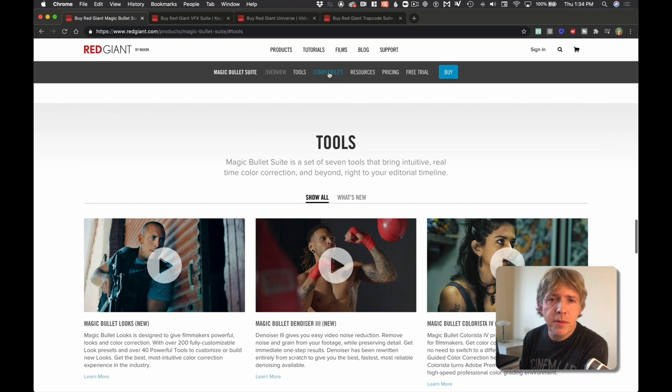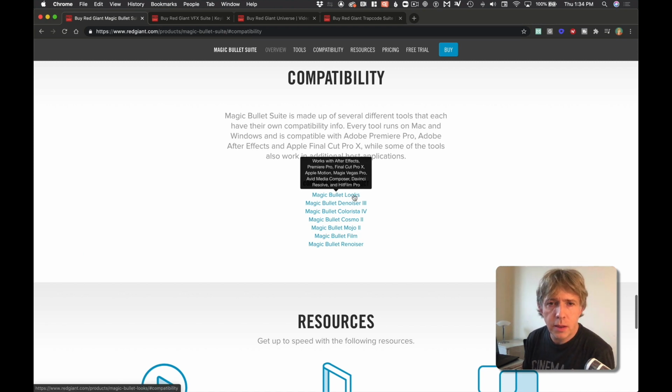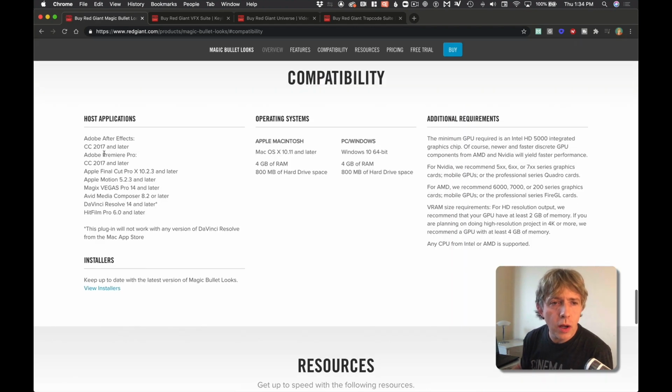If I just jump up to the compatibility, many of these tools work in multiple hosts, and on the website you can hover over each of the tool categories just to see which hosts they work in, which is a really handy way of seeing how they work. But I just wanted to highlight one workflow, which is inside Magic Bullet Looks, which lets you work with multiple different hosts. And I've seen in certain broadcasters and production facilities how people work with looks, say on